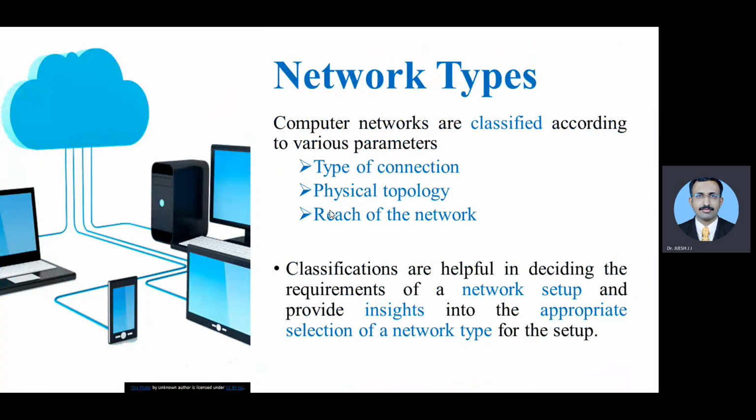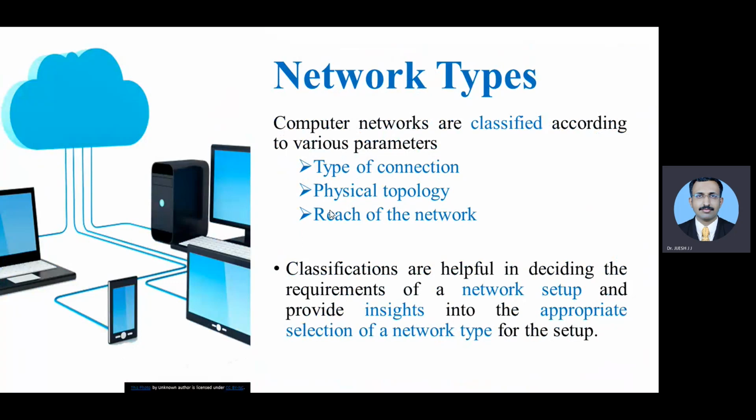What are the different types of network? Computer networks can be classified according to three types. First, type of connection, which means how you are establishing connectivity from one device to another, whether it is one-to-one connection or one-to-many. All those things are very important. Then the next one is physical topology. We will be studying all three in much detail. We will be studying star, mesh and all those things. You have heard about all these things? Yeah, very good, so no need to study again.